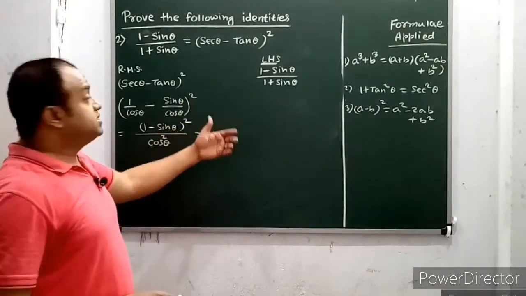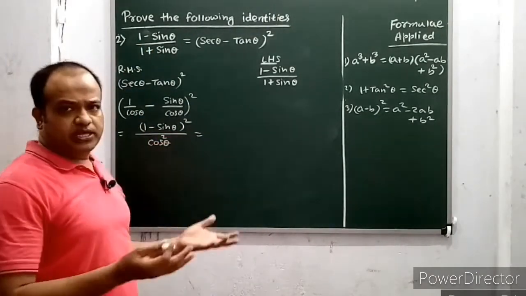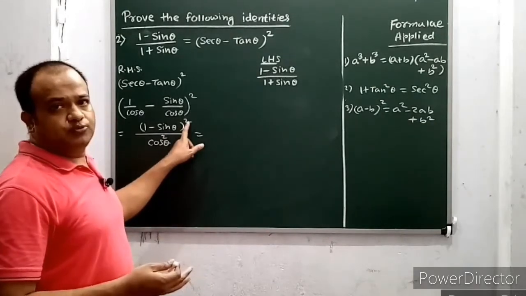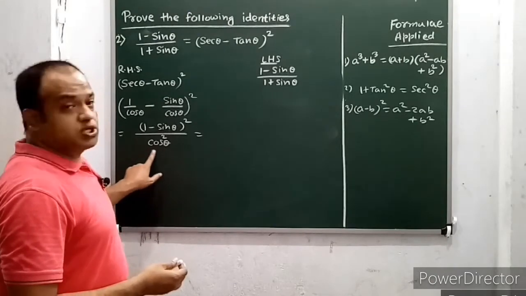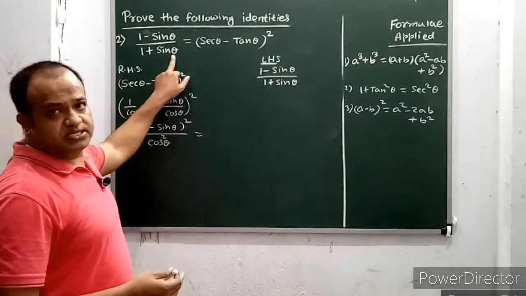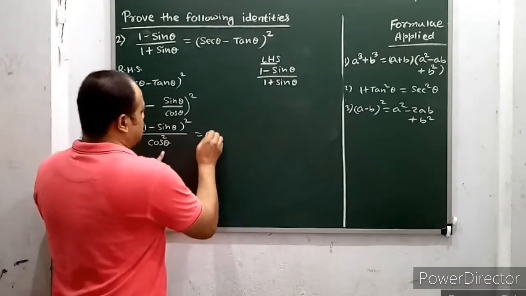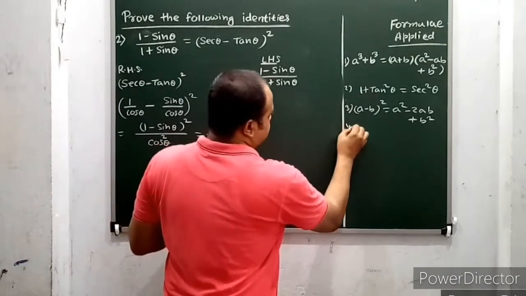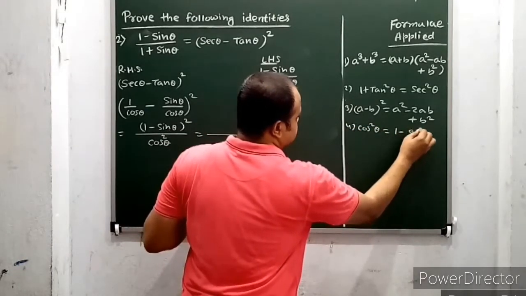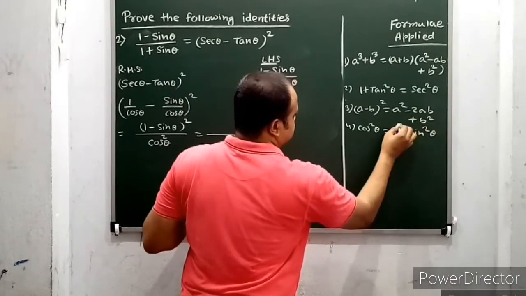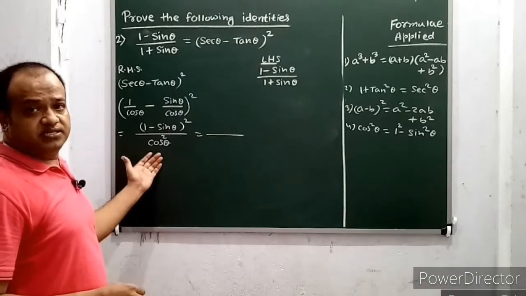Now you see the left hand side. What is there? 1 minus sin theta. 1 minus sin theta already we have got, but here is square. So we have to remove this square. How it can be done? See here it is cos square theta, but what is written here? 1 plus sin theta. So I have to adjust this one. Now cos square theta means what? Cos square theta means 1 minus sin square theta, or 1 square minus sin square theta. I can write it here.